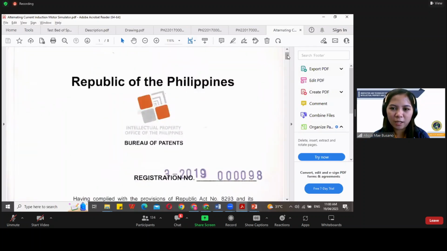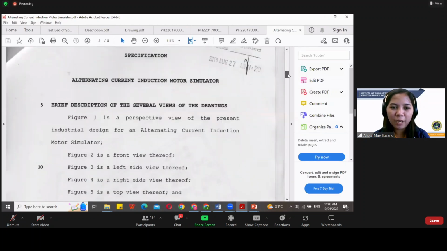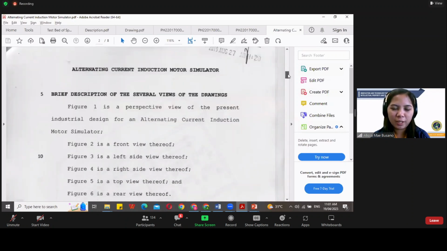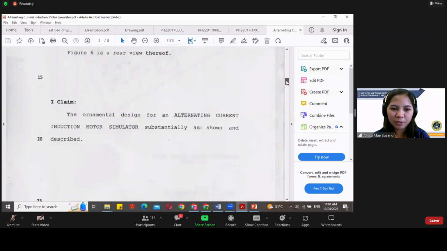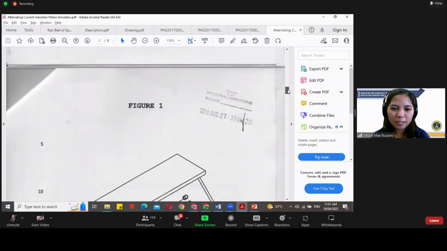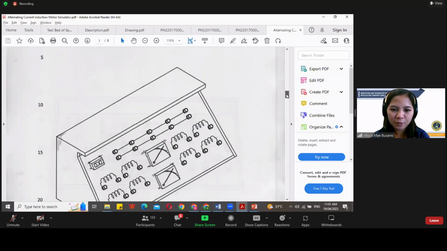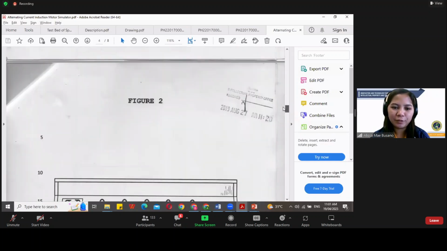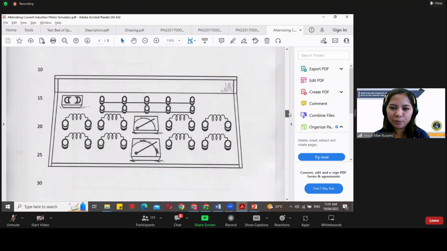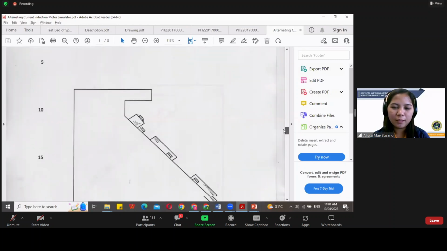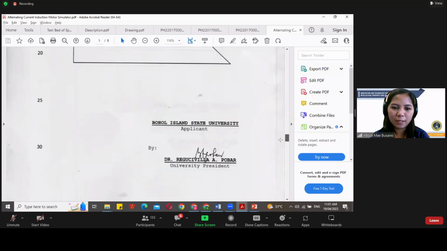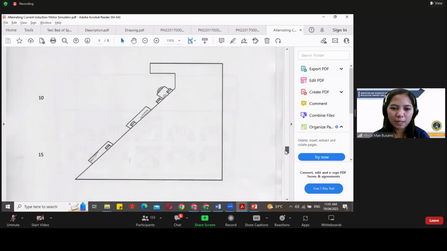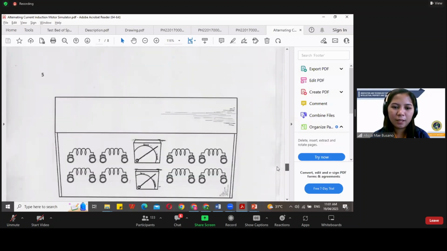So again, muna ang specification. It contains the title, the brief description, and the claims. Then the figure 1, the perspective view. Then other views, the front views, the side views, right side, then left side view, then the top view,